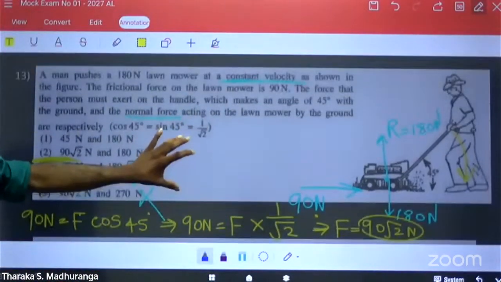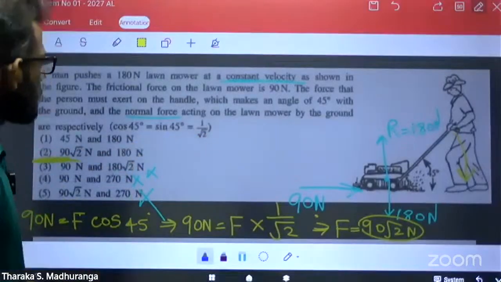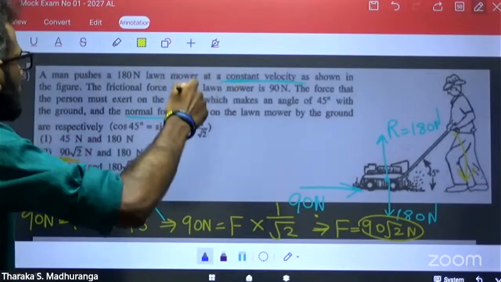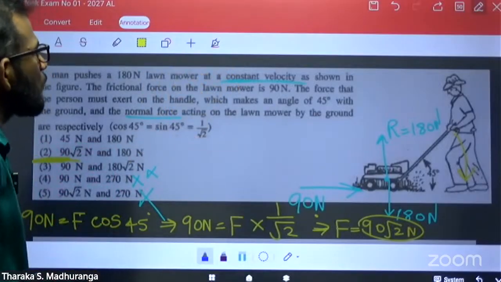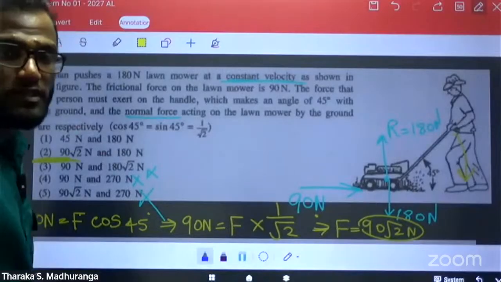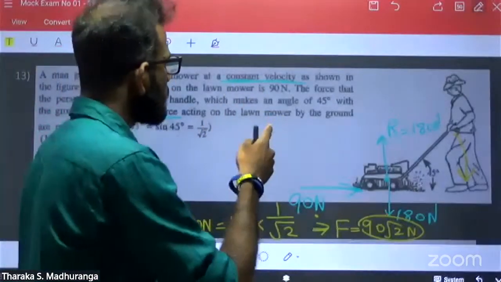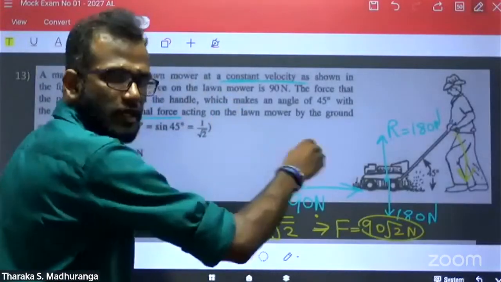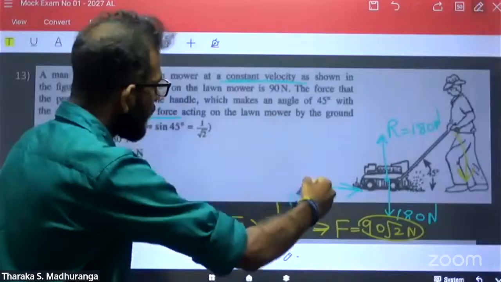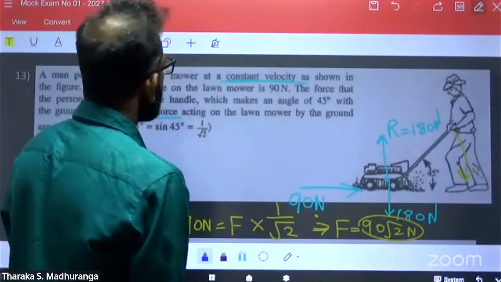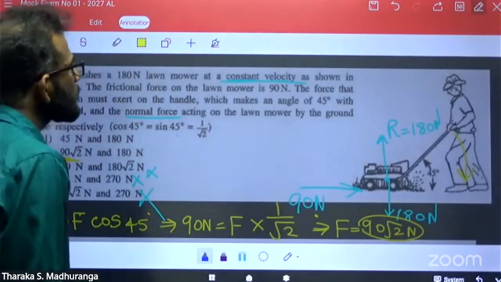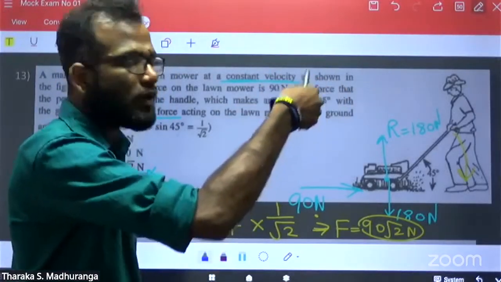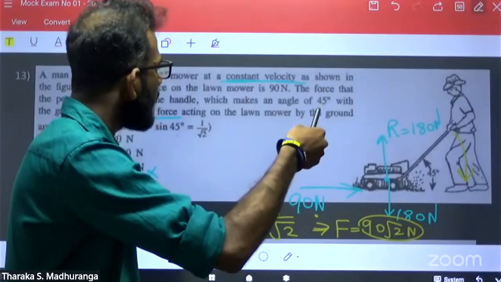I will explain the same question again because one student asked. Read the question again. A man pushed a 180 Newton lawnmower at a constant velocity. The constant velocity is the important point, as shown in the figure. The friction force is given. The friction force means resistance force. Then it is 90 Newton. The question asks the force the man needs to apply on the handle, and